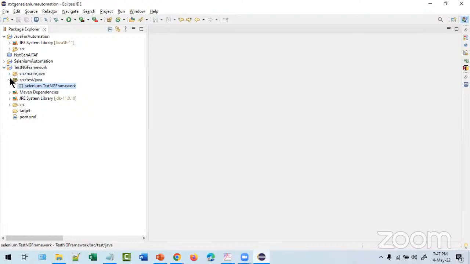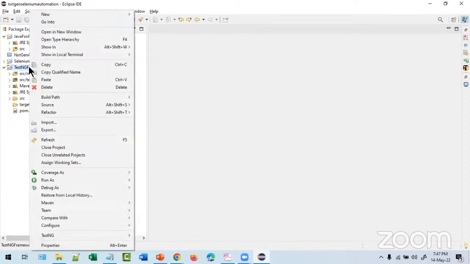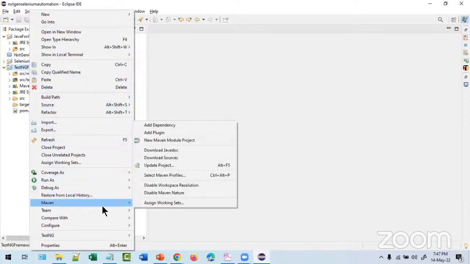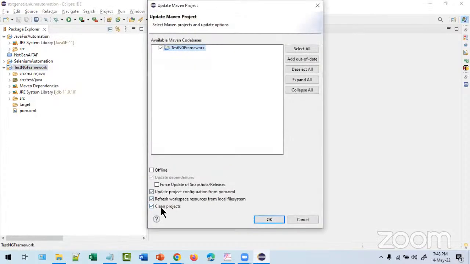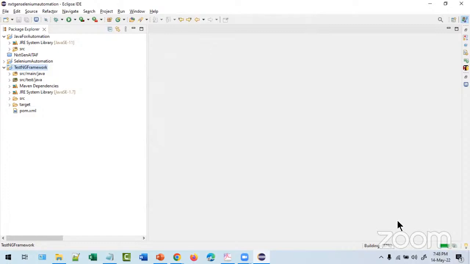Team, this is a very famous fix for most of your issues. Right click on the project. Jyoti, you must try this. Maven, update project. Note it down. Everyone note it down. For any problem, even after you apply a fix, if you're still getting the error message, right click on the project, Maven, update project, and choose force update of snapshot and releases. Click on OK. Whatever setups and solutions we gave, it will apply. I am sure when Jyoti tries this, it will work well.